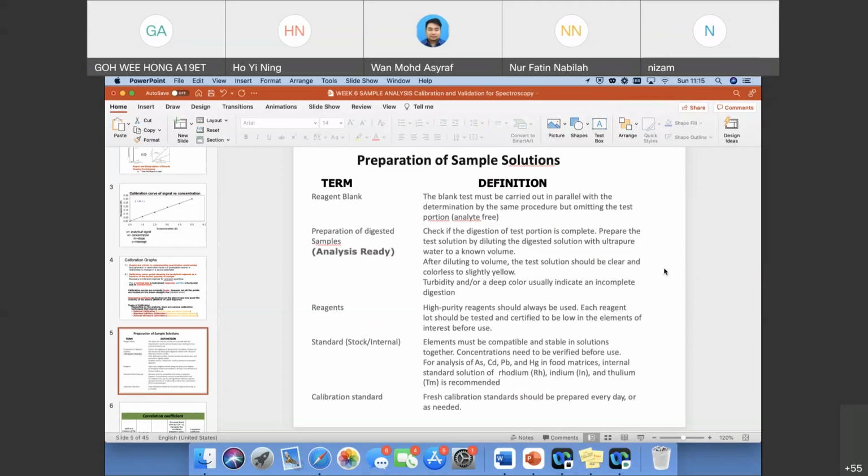Tak apa, salah pun tak apa, kita belajar. Ya, Doctor,